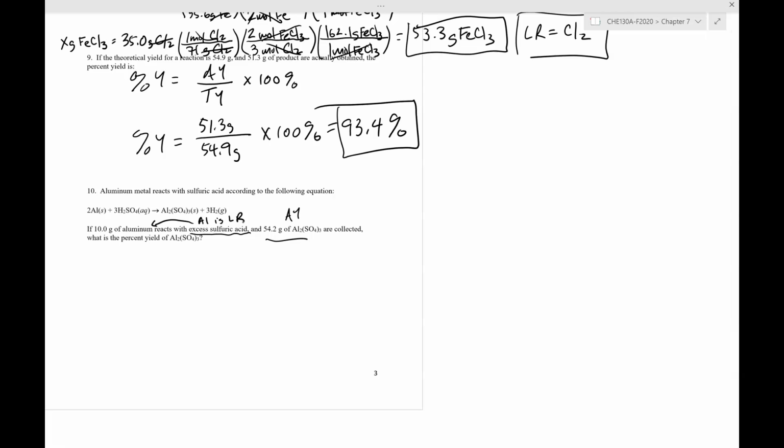We need the theoretical yield, and the theoretical yield is how many grams of Al2(SO4)3, and that SO4 is taken 3 times. How many grams of that will we get if we have 10 grams of aluminum? And so aluminum is 27. Molar mass of aluminum is 27. Aluminum sulfate is a fairly,